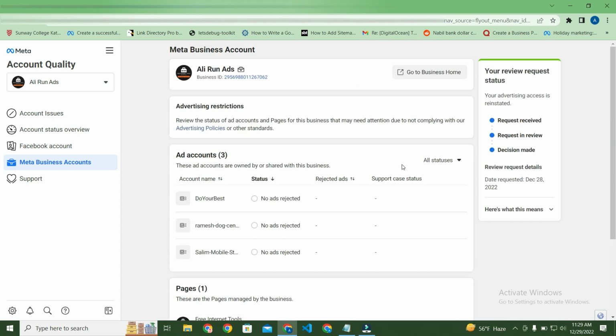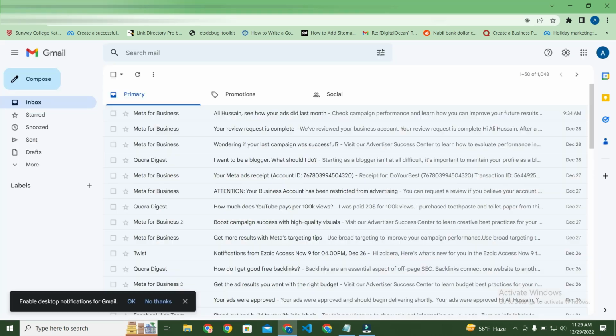To review that, Facebook recommends a couple of things. First, you need to confirm your identity. To confirm your identity, you can upload your PAN card or your driving license or your citizenship. As you can see, date requested, yesterday I requested, and within a couple of hours my decision was made from Facebook, and I can show you